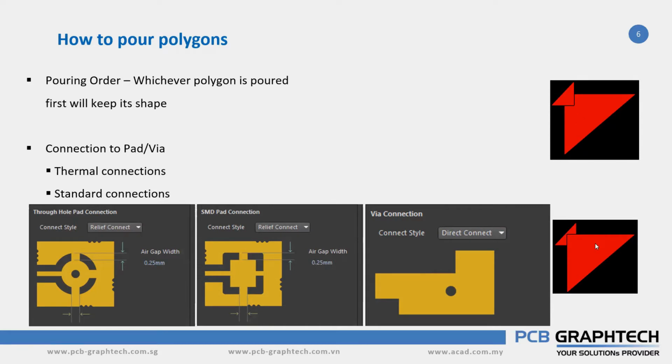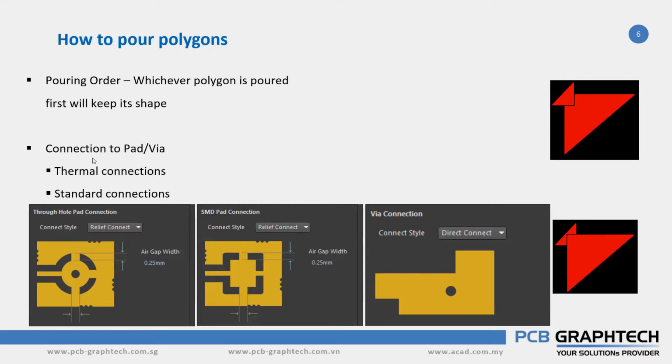Similar thing when you see the picture below. In the below picture, you can see the big triangle has the first priority. So this is the first polygon, which has the triangle shape. When you pour the second polygon, it will be automatically adjusted with the first polygon. Even though you draw the triangle shape, it will not give you the exact shape, but it will be automatically adjusted with the first triangle. So this is how you pour the polygon, and the priorities are based on the polygons you pour one by one.